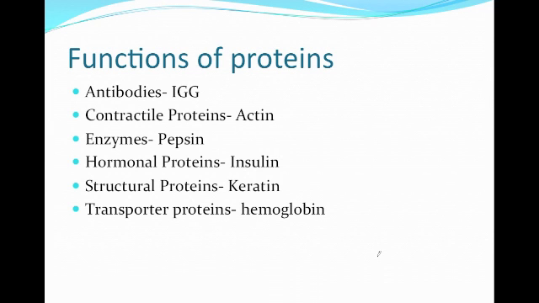Another one is structural protein like keratin. They make your structures much stronger. For example, keratin helps to make your hair stronger and I think longer as well, because that's how they advertise it in all the new hair colors, because they have increased keratin or something. And the other one is transporter proteins like hemoglobin. They transport molecules from one place to another.